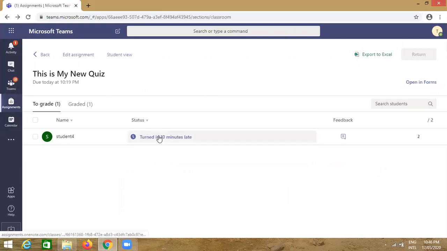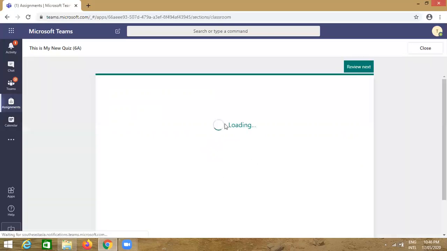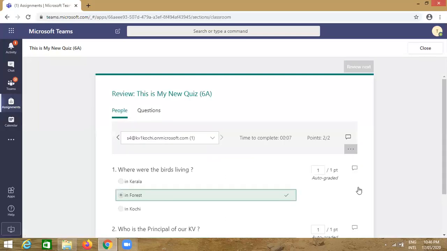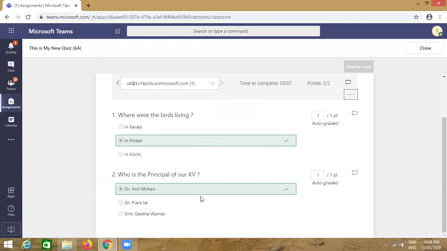Now click on the other student. In the same way, when the response is opened, click on the more options and click on the post scores. Click on post, because these assignments you need not check, they are automatically checked.